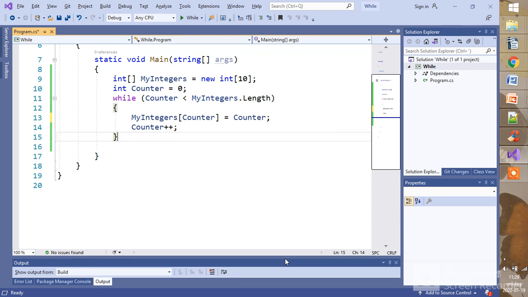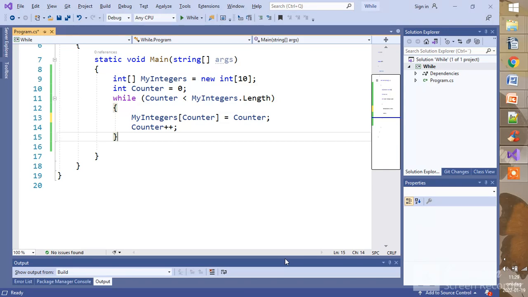Now we are going to take a look at how we can print the contents of an array. In the previous example, we looked at how we added data to an array using a while loop. We used the loop to add a value to every place in the array. Now, if we want to print all the data from an array, we have to create another loop, because the